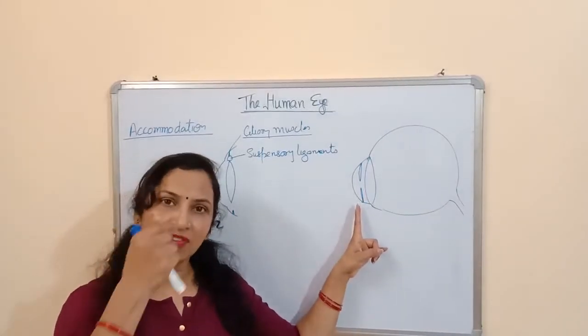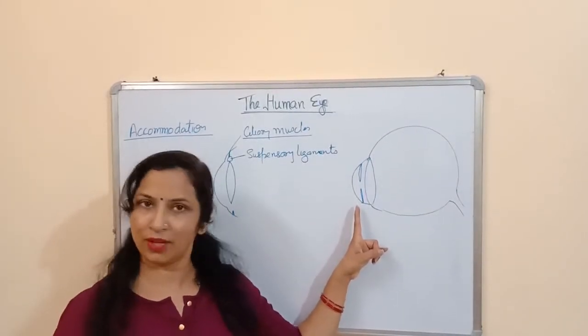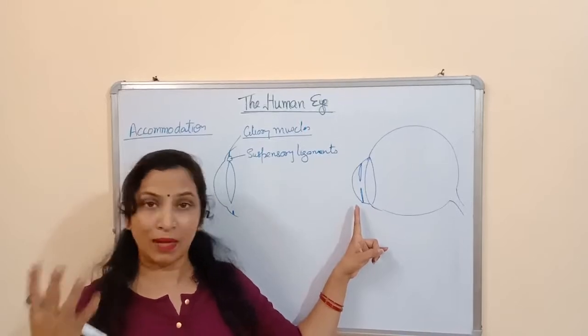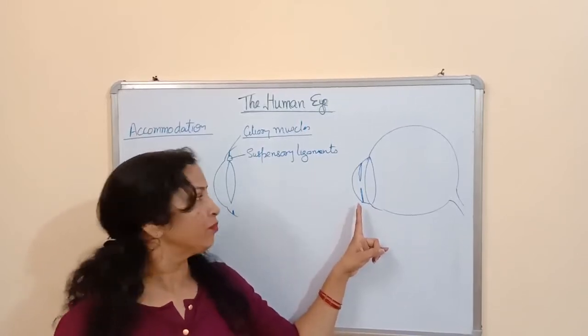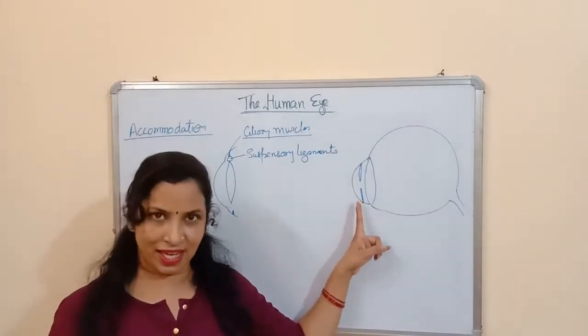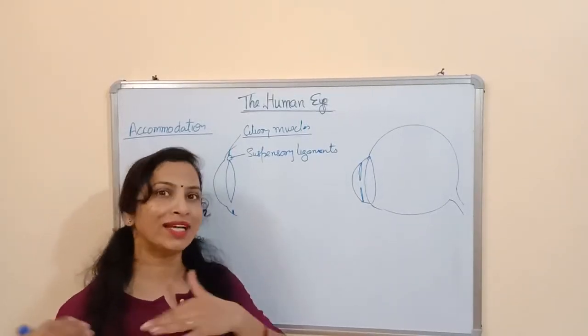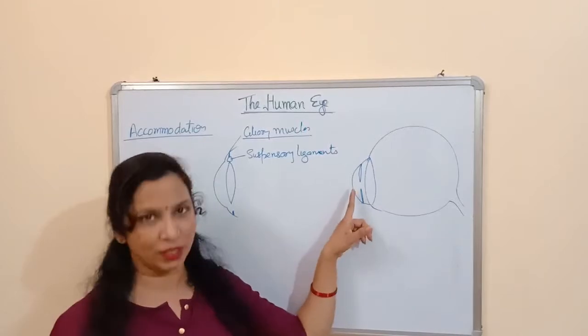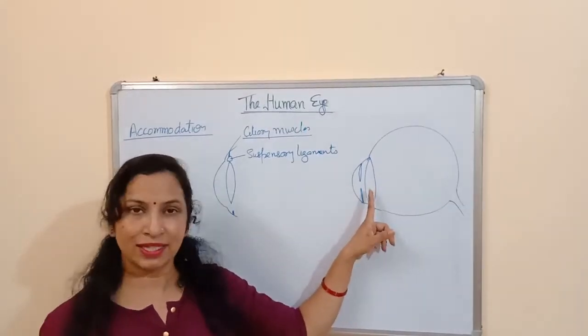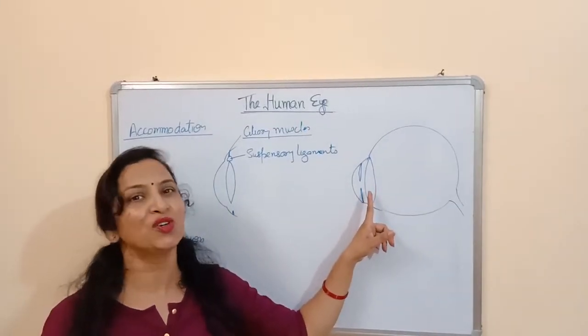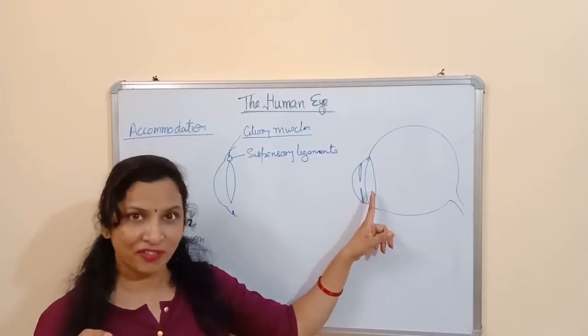Behind the cornea, there is the iris. The iris is actually the colorful part of your eye, which can be brown, black, blue or green. Between the iris there is a hole, a complete hole through which the light enters the eye, called the pupil. And this is the lens. The lens present in our eye is a convex lens. So our eye has a convex lens.